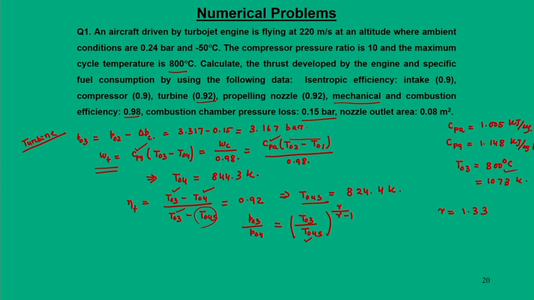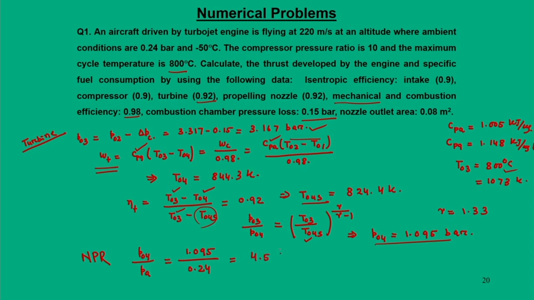We also calculated P03, so this will give you P04 as 1.095 bar. So once we know this P04, we can calculate P04 by PA, and this is nothing but the NPR, nozzle pressure ratio, and we can find this number as 1.095 divided by 0.24, that is